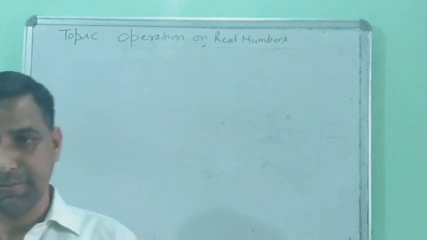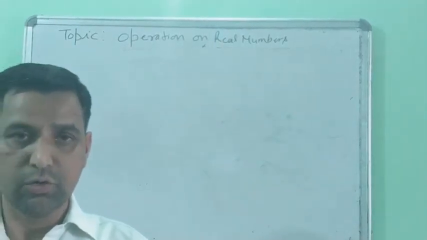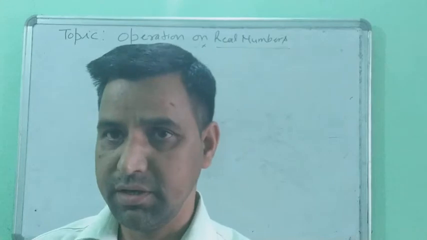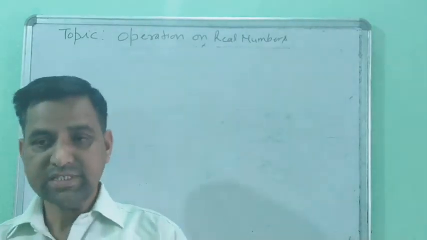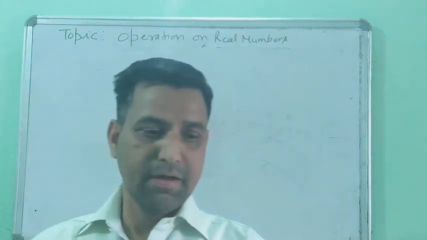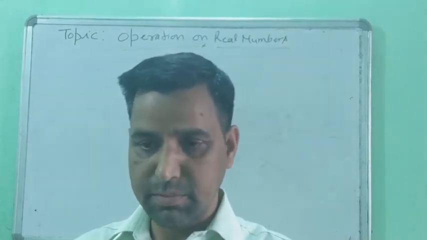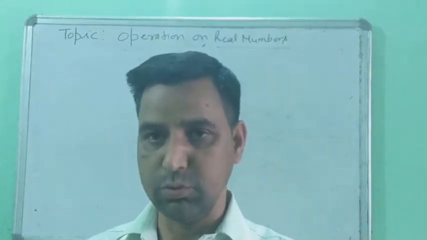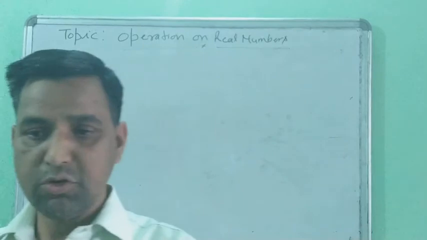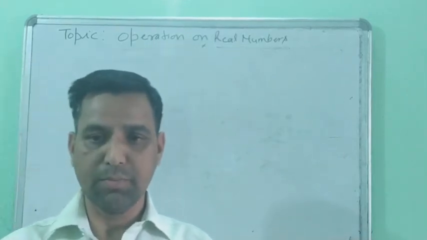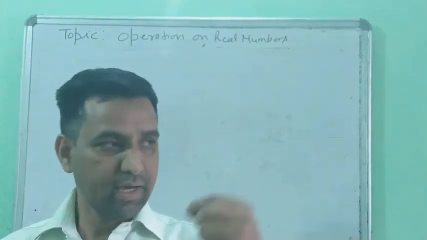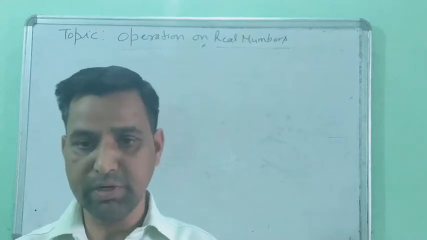Yes, class, good morning. Today we will discuss a new topic: operations on real numbers. First of all, we discuss the properties of rational numbers and irrational numbers both. What are the properties? The commutative property, associative property, distributive property, and others: addition rule, multiplication rule, and